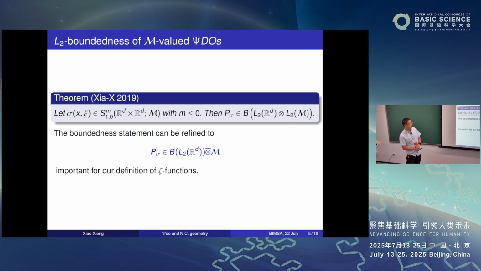We can show that this pseudo differential operator belongs to this tensor product of von Neumann algebras, B of L2 of R^d tensor B of L2 of M. This algebra is very large, but with some easy argument, we can show that the pseudo differential operator belongs to B of L2 tensor just the von Neumann algebra M, which is of course much smaller than B of L2 of M. This is not difficult to show,